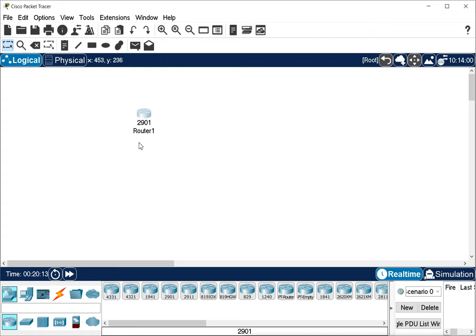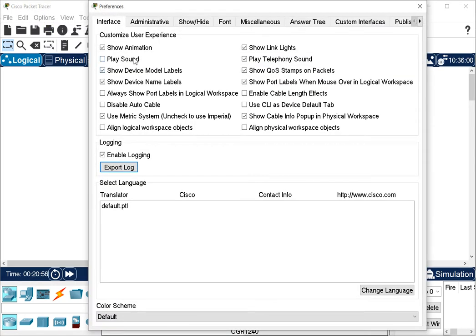When you take routers in Packet Tracer the first time, by default it shows the model number and the router name, as a number, Router 1, and when we use another router, it will show Router 2. Now I don't want to use it like this. I don't want to see the model numbers and all that. So I will go to Options, Preferences, and these are the options where the user can customize the user experience. What you want to have and not have, you can configure from here.